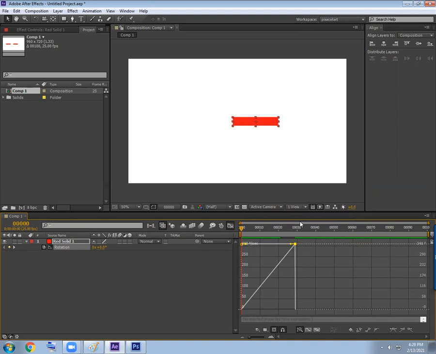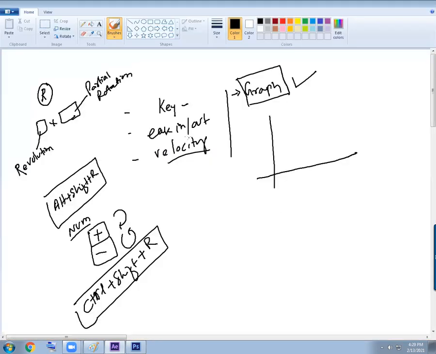Now slowly we have introduced three pieces of information. What are those? The graph editor shows two pieces of information: one is value information, another speed information. Now what is value and what is speed? Now the speed is constant. You know, in the last class, the speed gets changed by the factors easy in, easy out, and velocity. That doesn't increase your value. Value remains the same, but the speed gets changed.